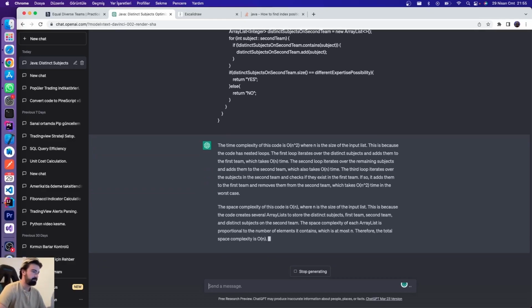The code has nested loops. The first loop iterates over the distinct subjects and adds them to the first team, which takes O(n) time. The second loop iterates over the subjects and adds them to the second team, which also takes O(n) time. The third loop iterates over the subjects that exist in the first loop, so